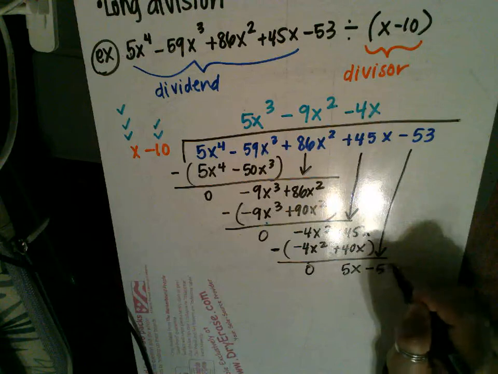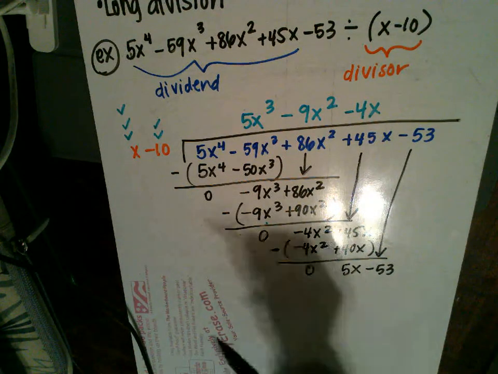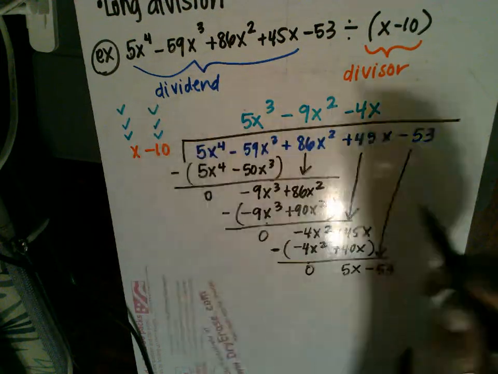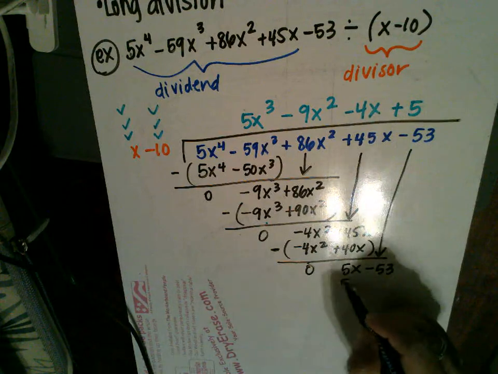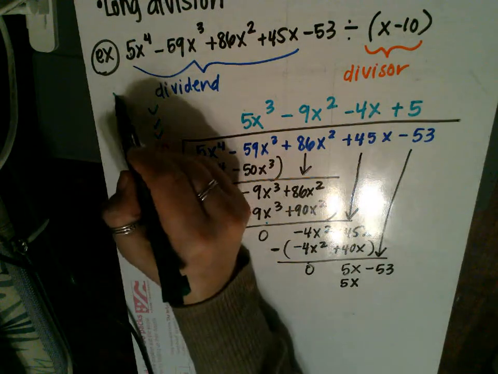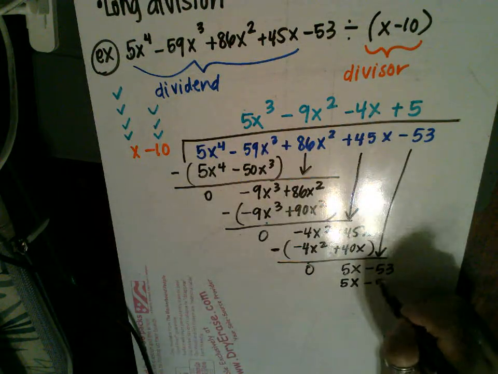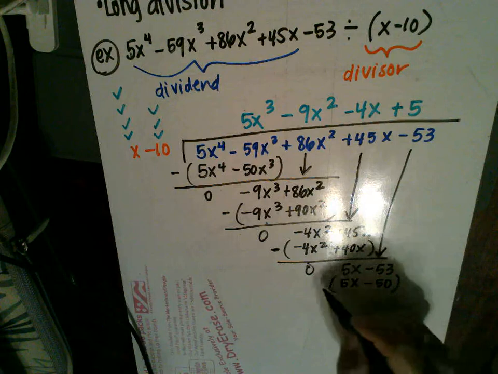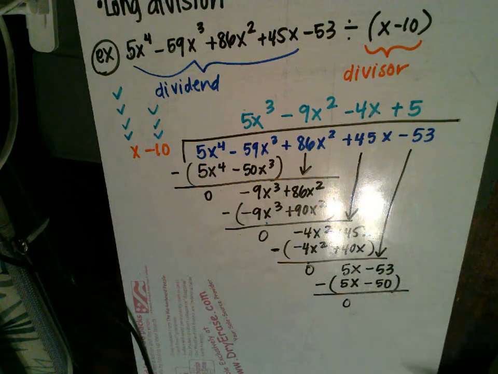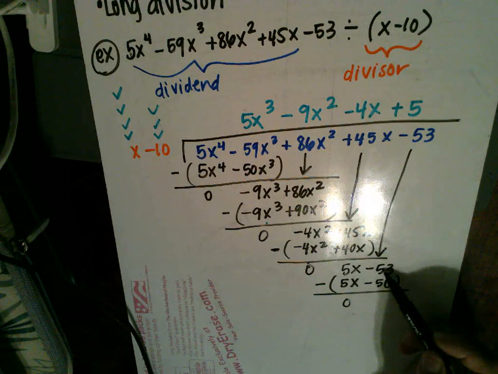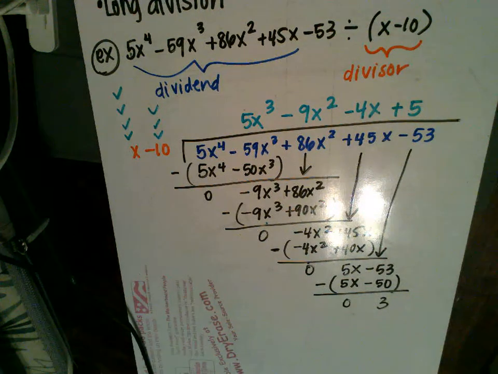Drop down negative 53. Okay, start over. X times 5 gives me 5x. And 5 times negative 10 is minus 50. Subtract. 5x minus 5x is nothing, exactly like I wanted. Negative 53 plus 50 leaves me with my remainder